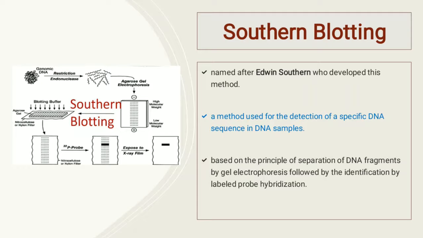And the probe is basically P32, a radiolabeled probe that is used in this type of blotting. So the probe will then bind to our targeted DNA that you can see in this figure. You can see in this figure here, the darkest band is our target DNA with which the probe has been hybridized. So probe hybridization is also an important step